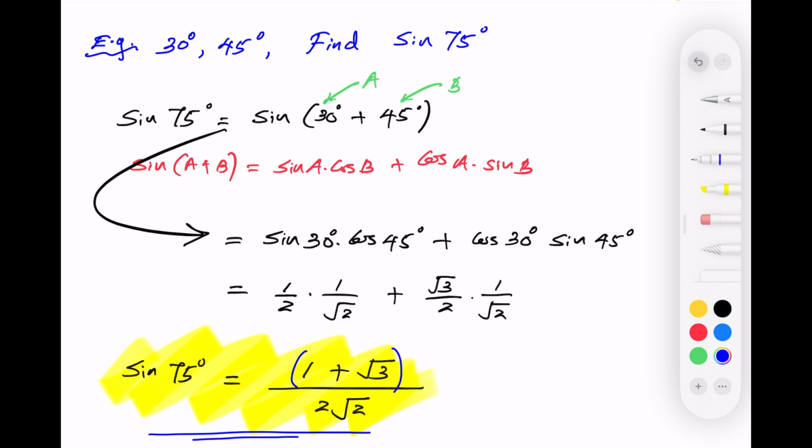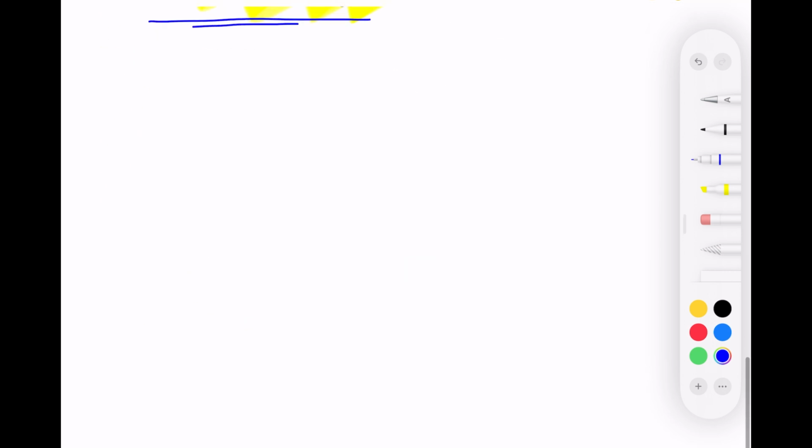Just like that, you can find cosine 75 degrees as well. But I'm not going to do it as an exercise. You can do it yourself. Instead, I will do a slightly different example. Here's your example number 2. Find the exact value of tangent